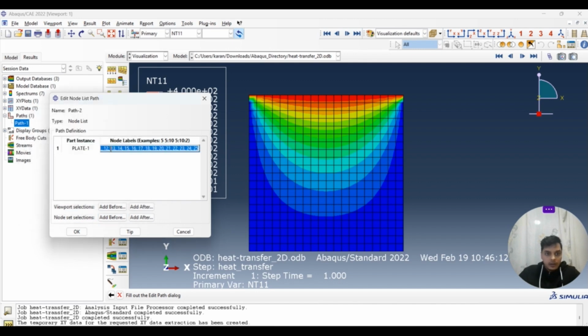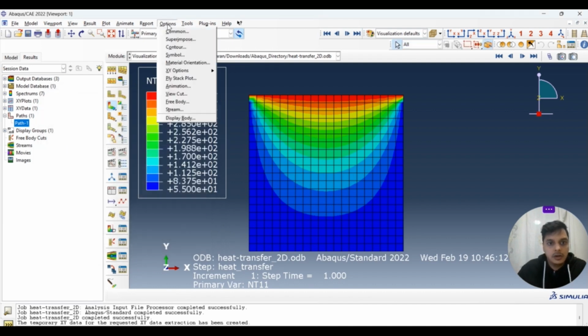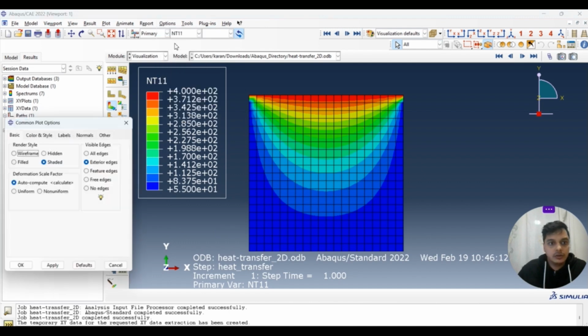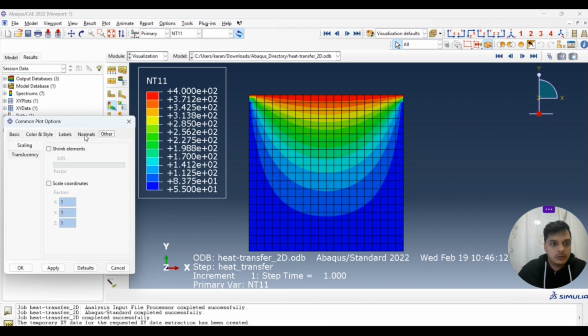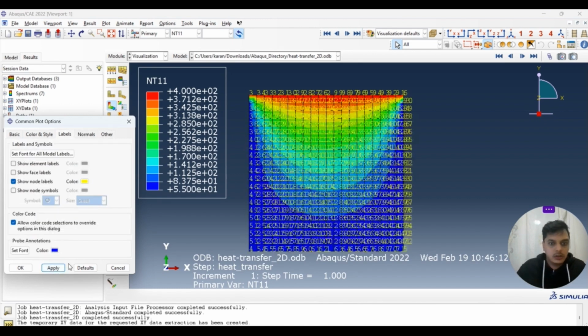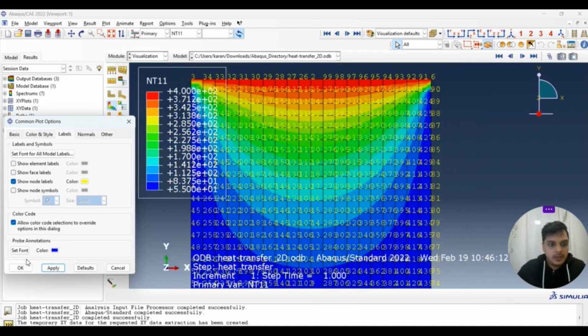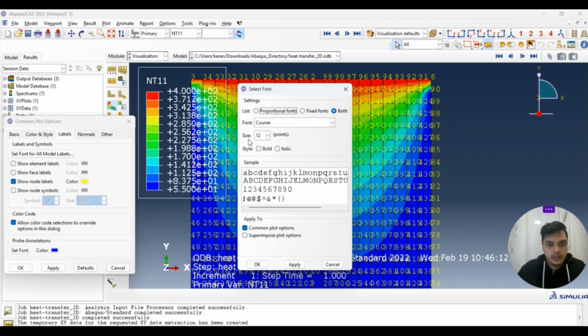All fine. So here you have to turn on the visualization option from the options itself. Let's say you go to the common options, then part and normals, labels, show node labels. This is a bit confusing initially, and you can play with the font and everything.